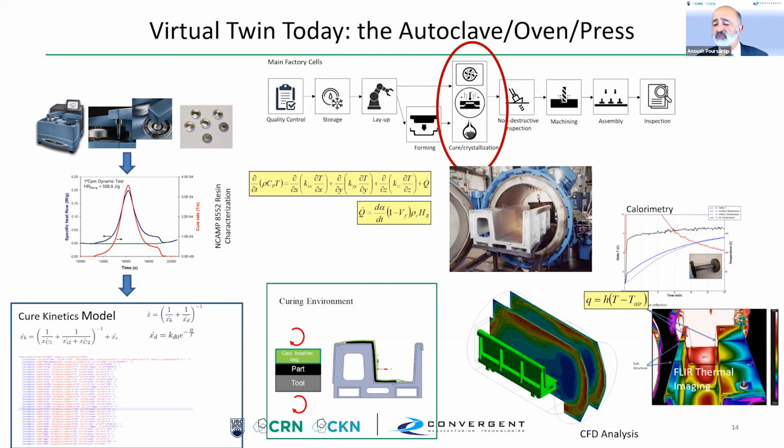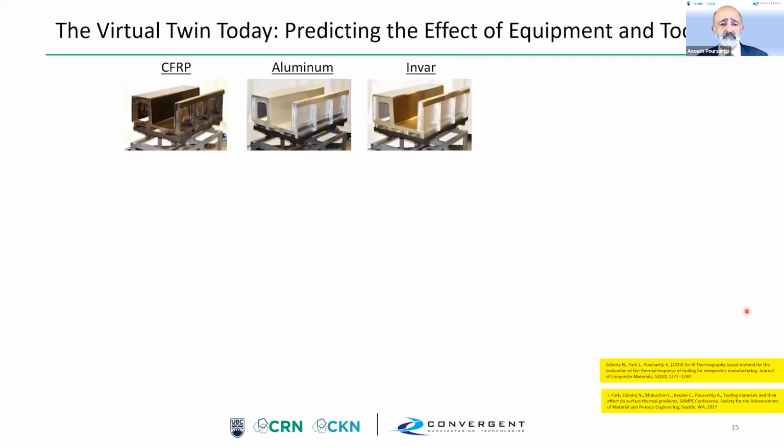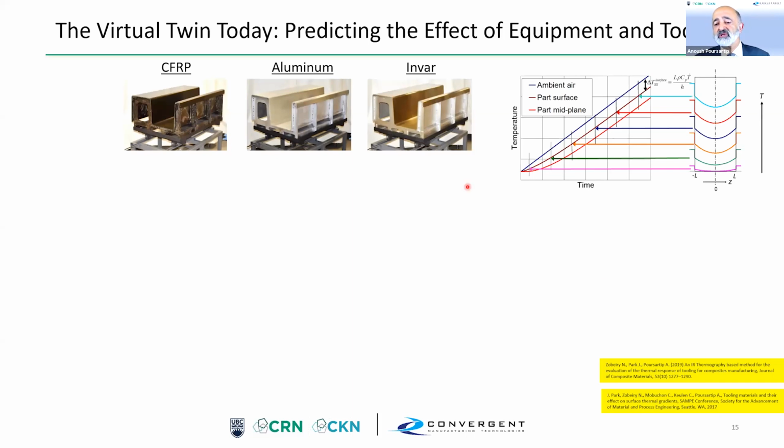I'm going to show you an example of IR thermal imaging. We happen at CRN to have 3 tools, which are fairly complex geometry with complex substructure. They're about 1.5 meters long. And these 3 tools have identical geometries, except one is CFRP, one is aluminum, one is Invar. What we've done with these tools is we've put them in an autoclave, and we've ramped up the autoclave temperature very fast. That causes the tool to start heating up, but lagging. And at an intermediate temperature, we abruptly stop the cycle, open the autoclave door, pull out the tools, and take